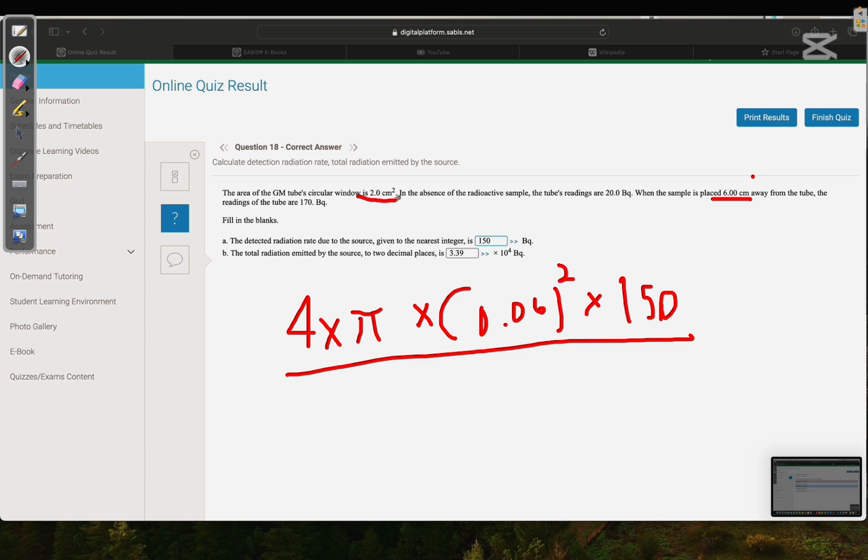To do that, we need to divide by 10,000. So 0.0002, which is equal to